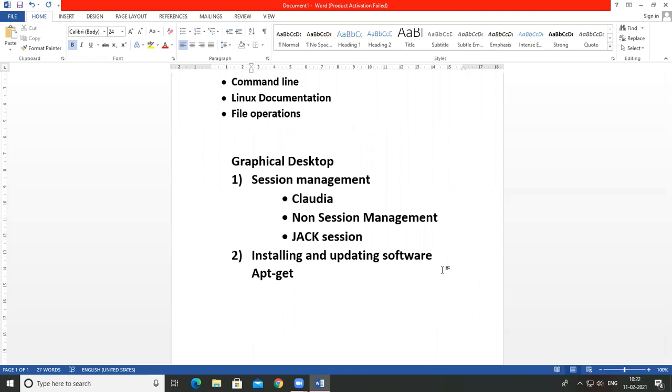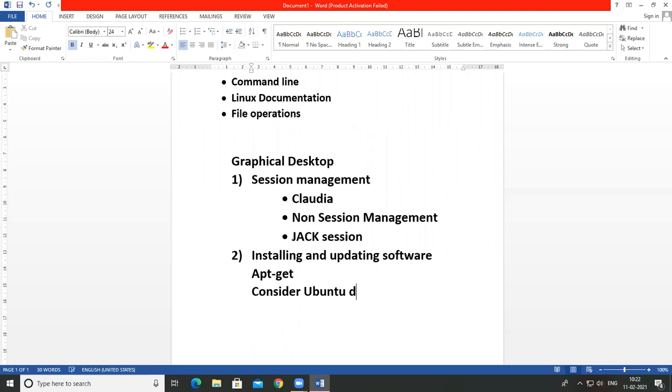Okay, and there are different commands which I'm going to use in Ubuntu operating system. Okay, consider Ubuntu distribution of Linux operating system.